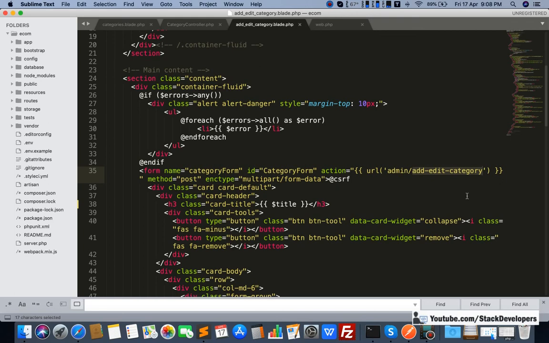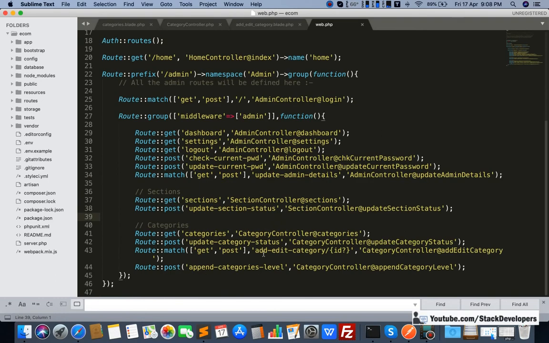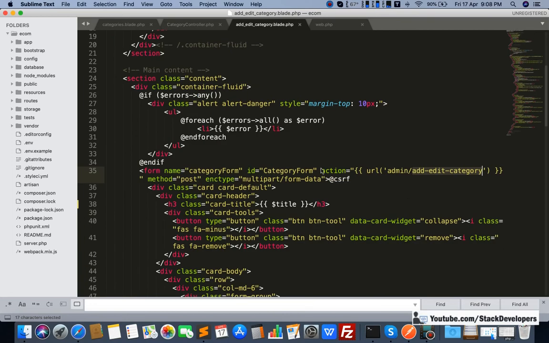But for edit category we want to make it this URL, add edit category / category ID, and for that we want to add the condition here. So there are two actions here, one for add category and one for edit category. We are going to use both the actions according to the condition.